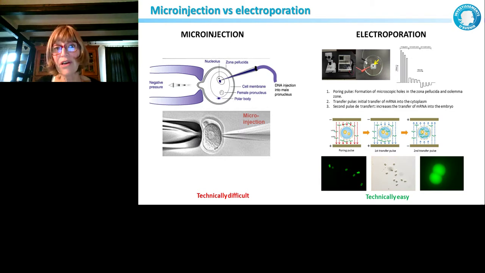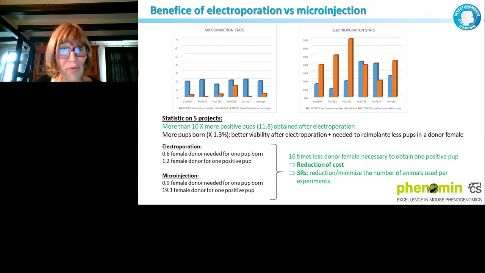electroporators will work. And just to say, first we checked by using mRNA for GFP, and you can see here that it works really well. You have nice 2-cell embryos that are very nicely GFP. And that's what we did. We tested a few projects here, 5 projects, and that's the data we obtained. They are the same project with microinjection, left panel, or electroporation, right panel. And you can really see here that even if you obtain approximately the same number of animals, the number of positives, the orange column, are much, much higher when we use electroporation, because you have not anymore the bias of the microinjection.